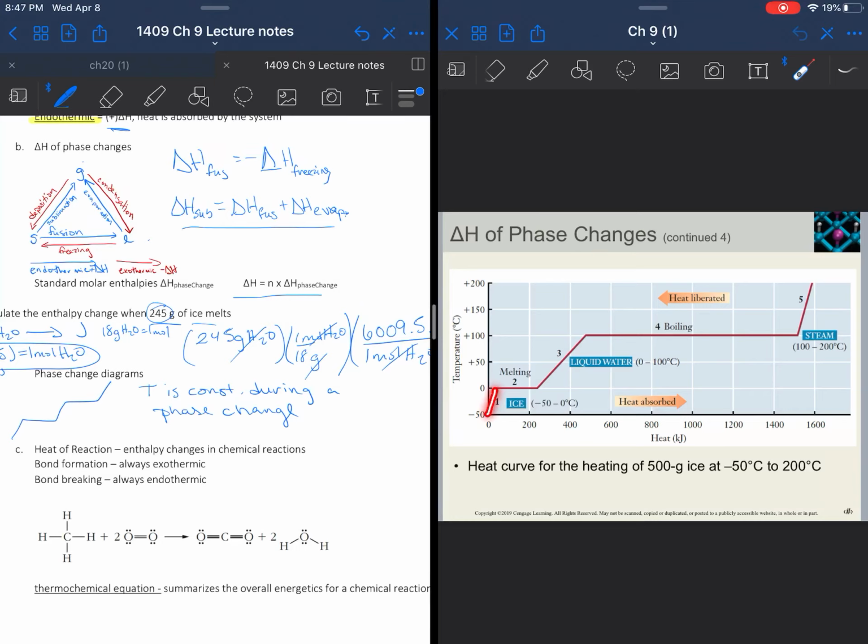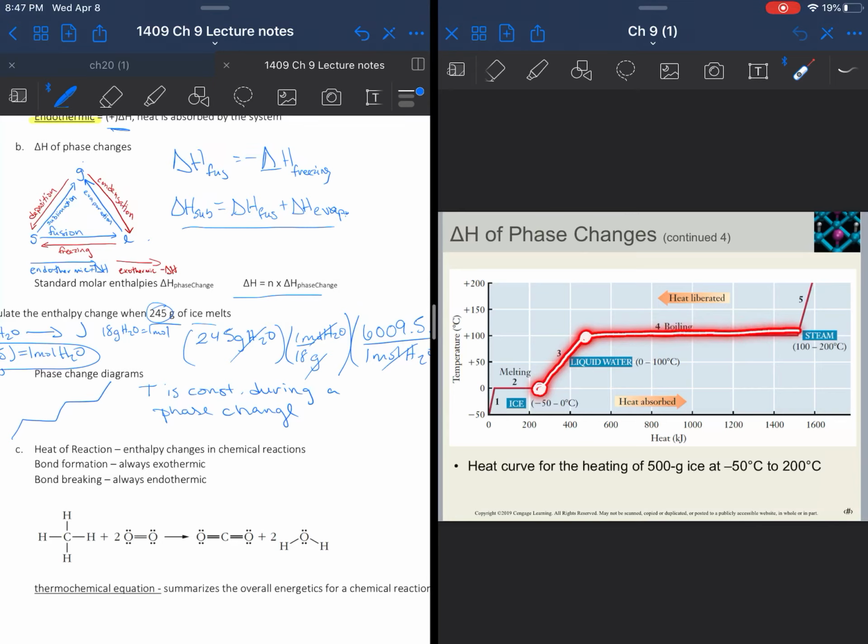All right, so if we look at water at -50, that's going to be solid ice. As you start to apply heat, that's what's happening along this x-axis. The temperature of that ice is going to go up. Once you get to 0 degrees, the temperature stops going up. All of the energy now is used to convert that solid to a liquid. And until all of the water is liquid, that temperature is not going to increase. Right here, where all of our solid ice has been converted to liquid water, the temperature will start to